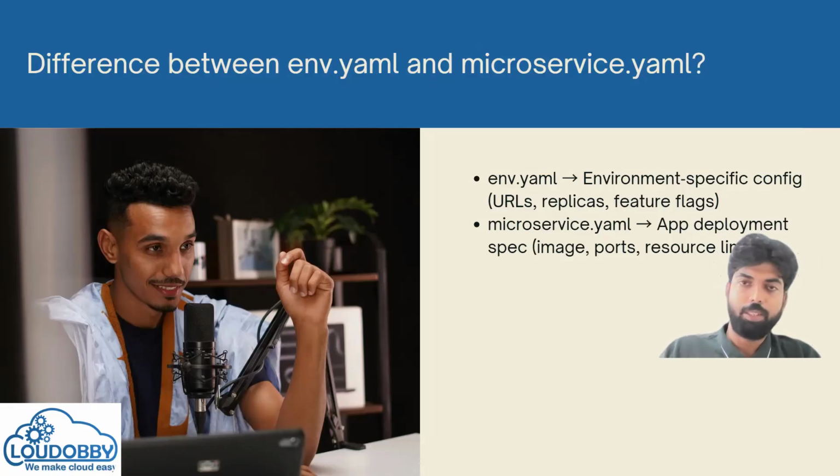Okay. So if you are able to tell these two, then you are able to make a deployment: the environment file, which is nothing but your values file, and the microservices file, where you are deploying some application to Kubernetes, which Docker image you're going to pick, which port you're going to run. This all will be there in the application deployment YAML file. Okay.